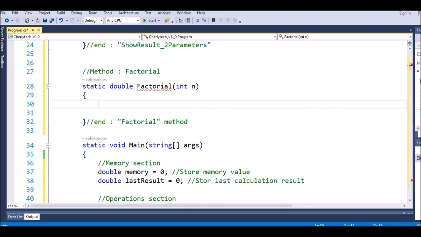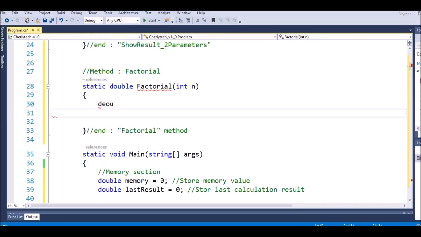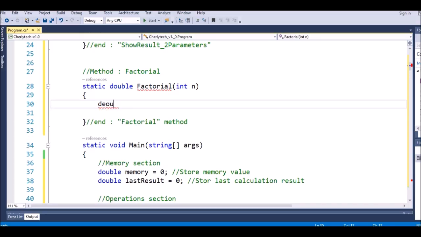So inside here we say double result equal 1,